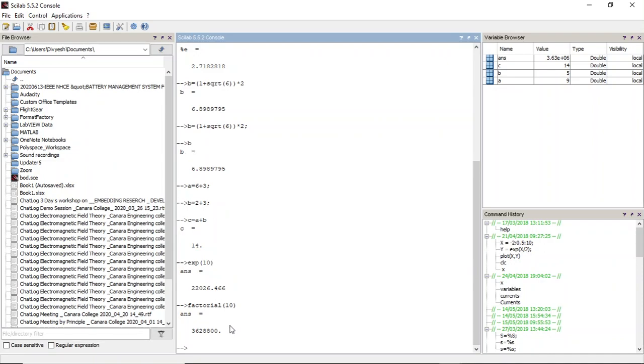If you believe me, if you believe the console, there is no need to verify. But since you are a beginner, it's always nice to make up your mind and feel that Scilab is perfect. So use a calculator and try the same values and make sure that both the values are the same, so that later when you work with Scilab, you will have full trust in Scilab. You should not doubt Scilab later. So do it right away. Take a calculator, verify the values. Happy? You are getting the same values? Yes.